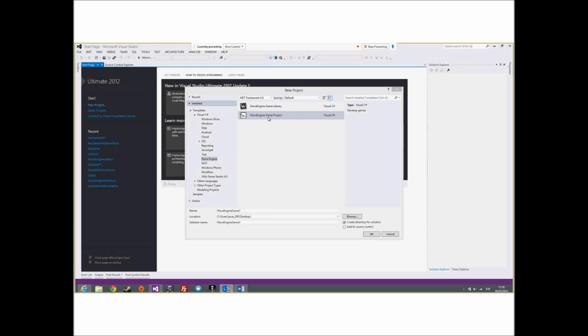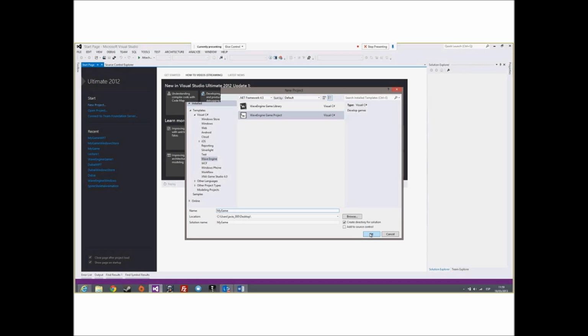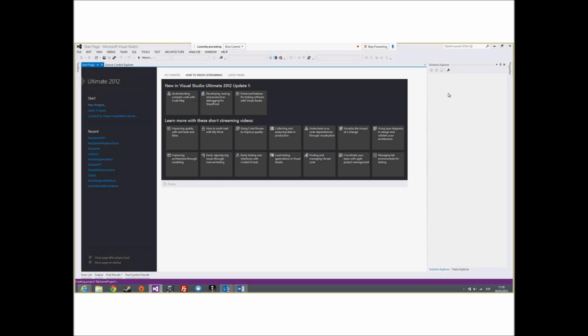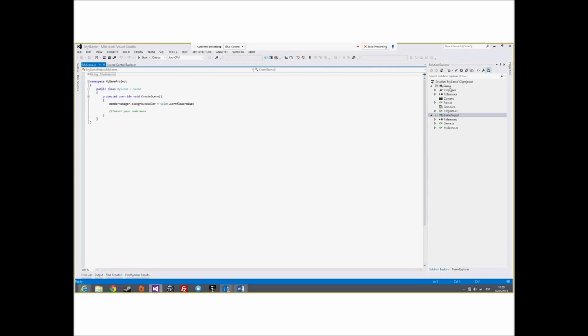I'm going to create a new project called MyGame in desktop, and you can see how this template creates 2 projects in your solution. The first one is a launcher. Its project will be different for each platform. And the second one is a library project. That project will be the same for all platforms.